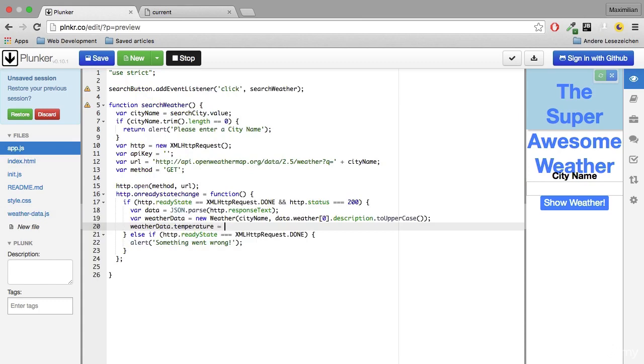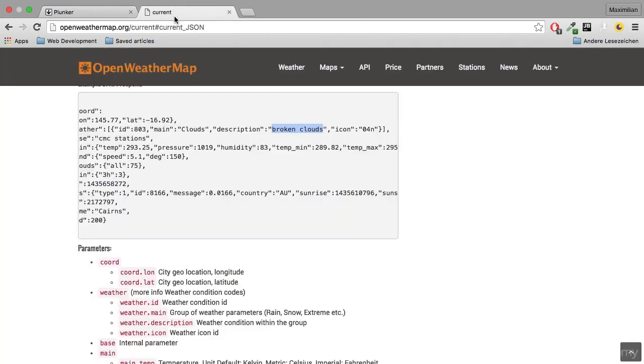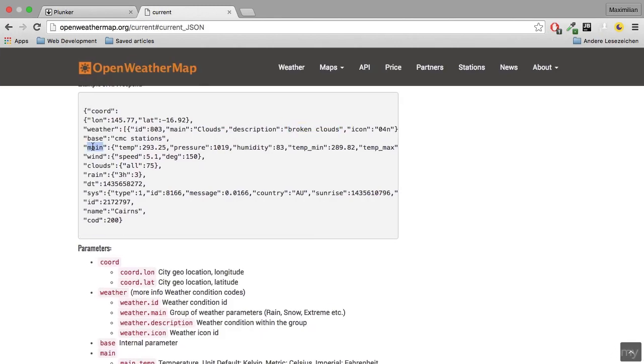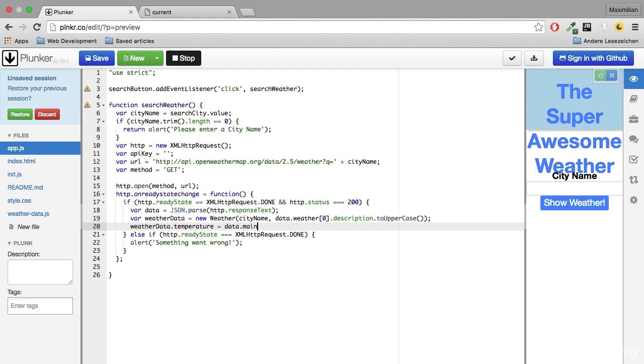And I will set this equal to data, and then the temperature is stored in the main field here, and then in the temp field. So data.main.temp. Now, in order to get it in Celsius, which is the unit I want in order for my conversion formula to be right, I need to add something to this call here, to this URL. I need to add something to that anyway, since I also need to add my API key. So let's do both. I'll first add &units=metric,